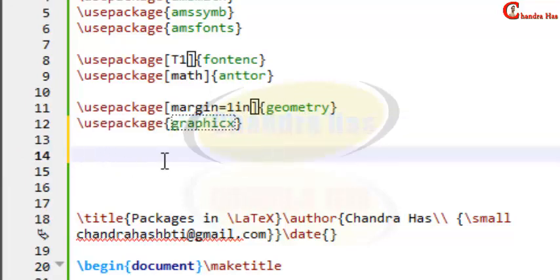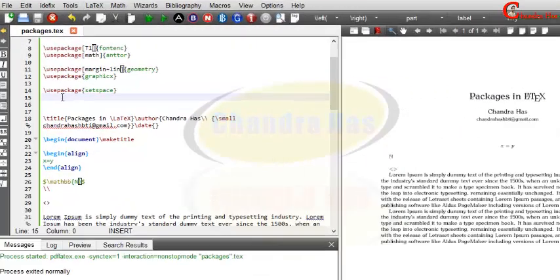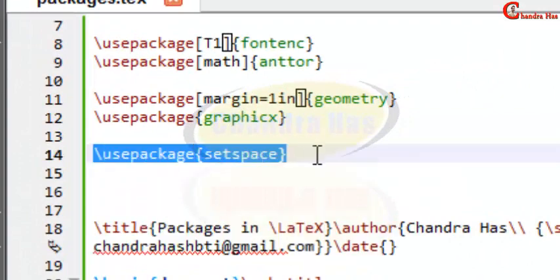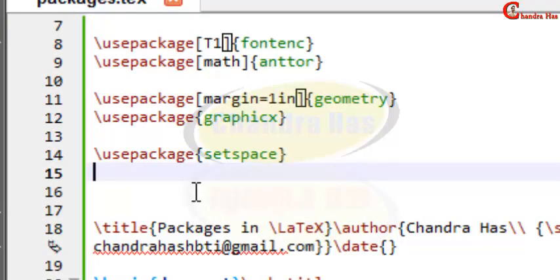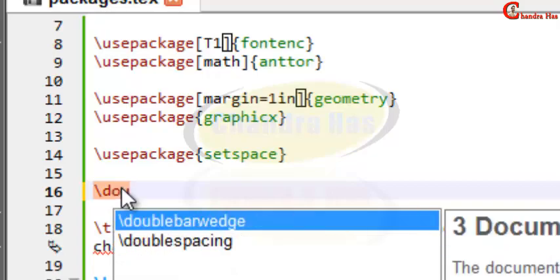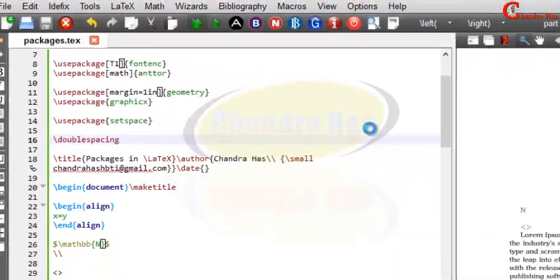Okay, and then next one is setspace. With this package we can set the line spacing. This package provides three commands: singlespacing, onehalfspacing, and doublespacing. If you want to set the default line spacing, then you will have to write in the preamble just single, one half, or double spacing, and then compile your file.